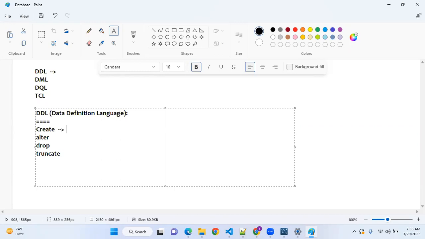Okay, now create. Using create, we create objects in the database.